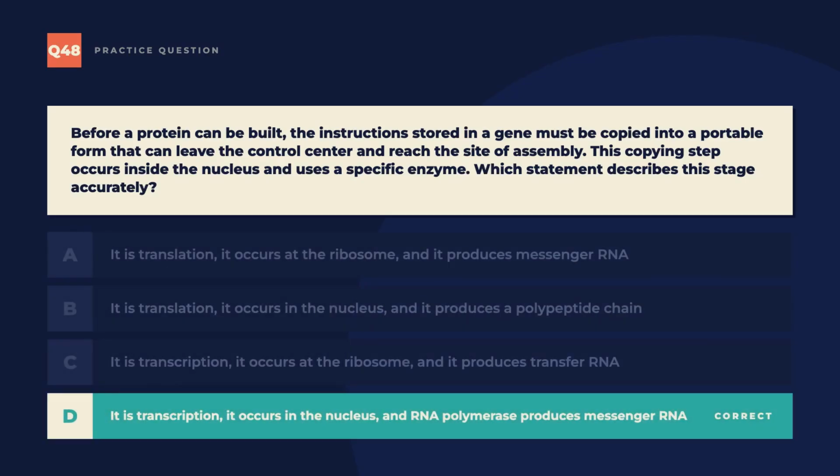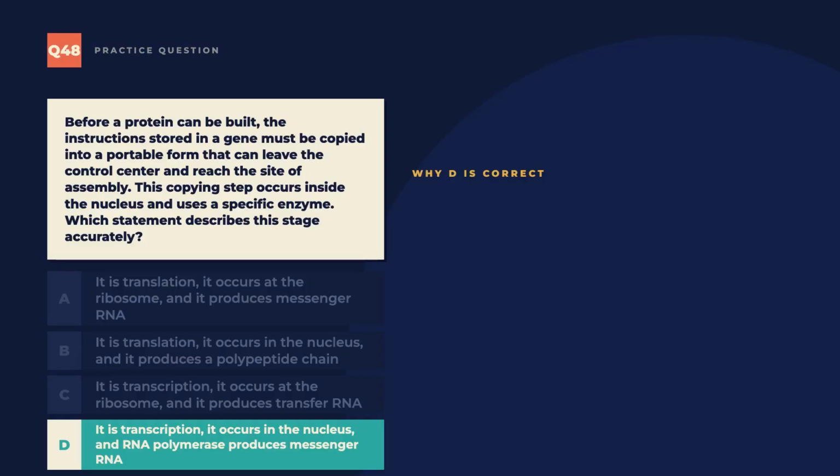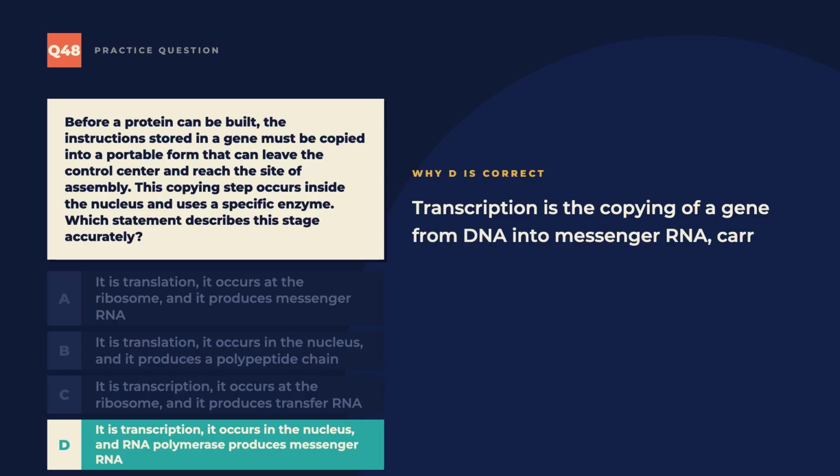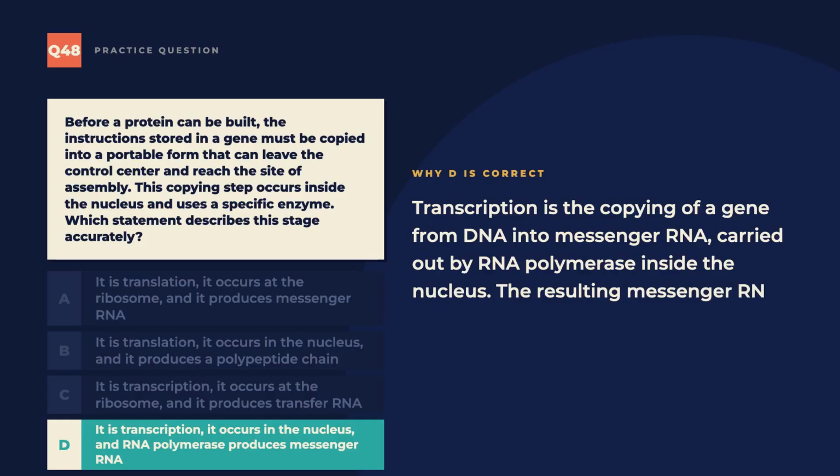The correct answer is D. It is transcription. It occurs in the nucleus and RNA polymerase produces messenger RNA. D is correct because transcription is the copying of a gene from DNA into messenger RNA, carried out by RNA polymerase inside the nucleus. The resulting messenger RNA leaves through a nuclear pore because DNA itself is too large and